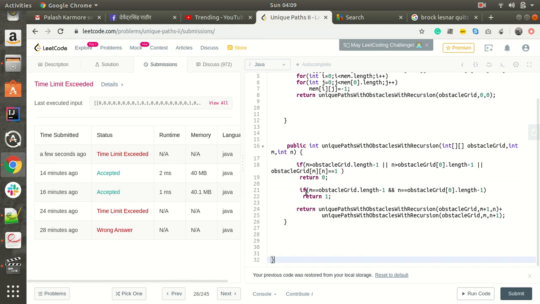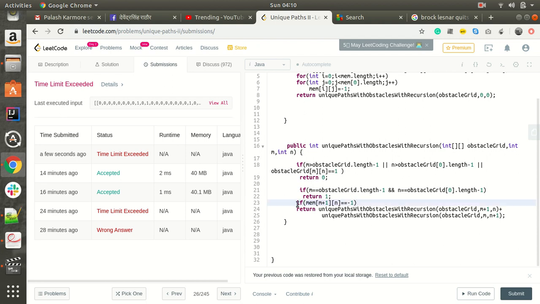So what we will do, we'll store these results in this array. If memory of m plus 1 and n is equal to -1, then only it will calculate. Again in the recursion, when the same thing arrives, this will have a value, so that it will not require recalculating the things.